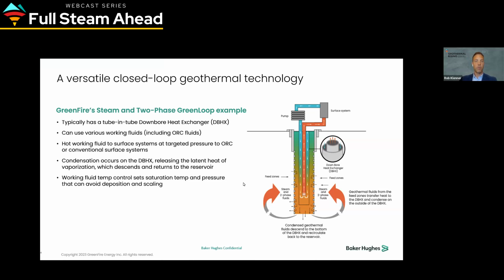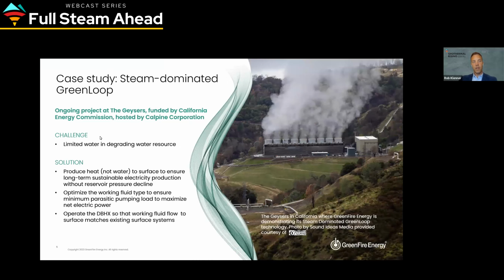So that's a very important variable for us to understand and model, and how we implement this technology in the right existing wellbore settings, and not only in geothermal reservoirs, but also consideration for existing oil and gas wells that have been drilled today. One of the key case studies where Greenfire is deploying this is at The Geysers, with their California Energy Commission funded project. It's a great project to see how to revitalize The Geysers,